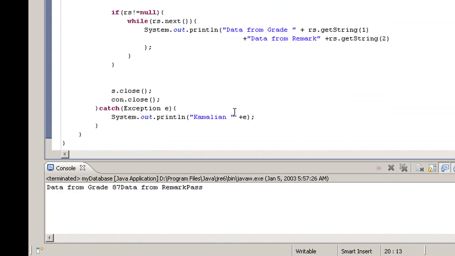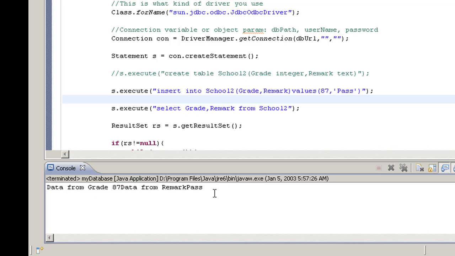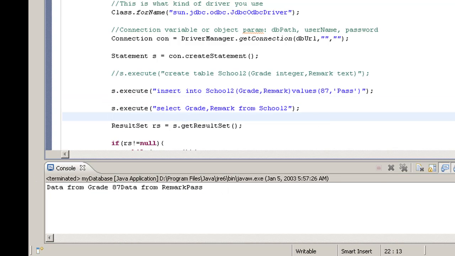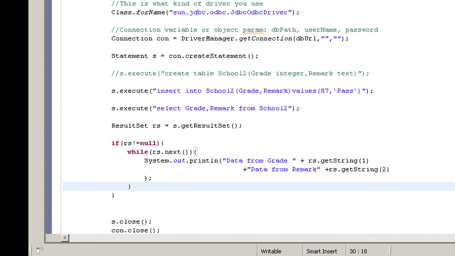So how did this prompt display here? Because of this, System.out.println data from grade rs.getString(1) and so on.